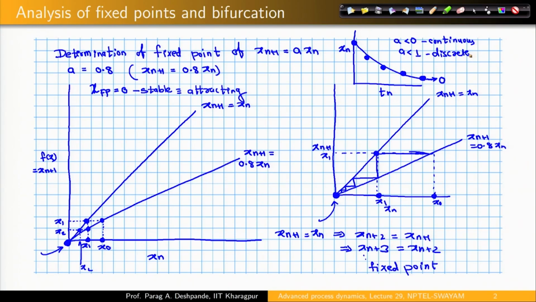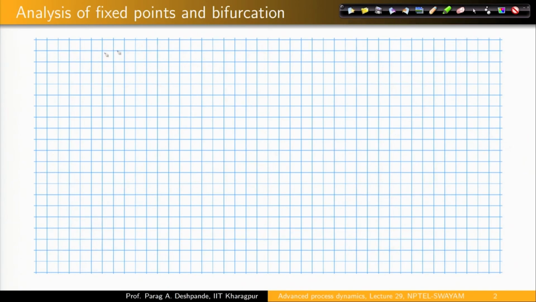There is a one to one correspondence. Let me draw this for a fixed point for this equation, x n plus 1 is equal to 1.2 times x n. What kind of behavior did we see for this equation in the previous case? The diverging behavior. Let us see if we can establish this